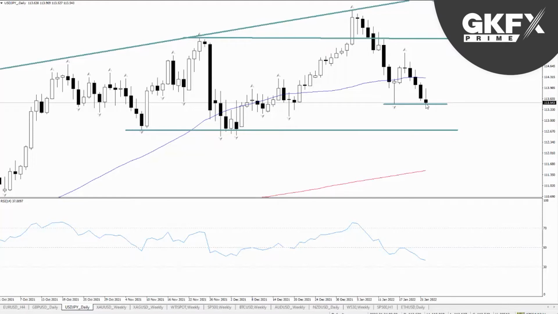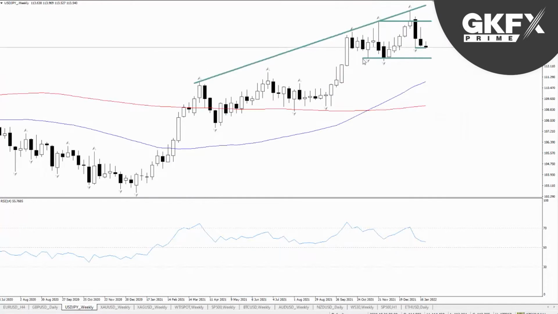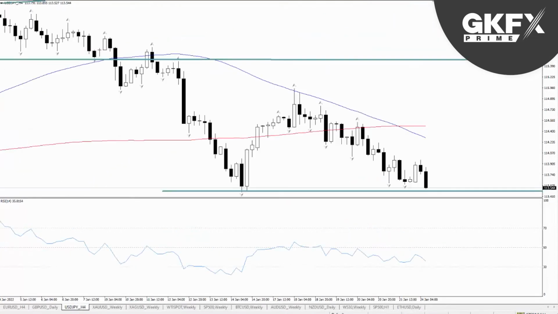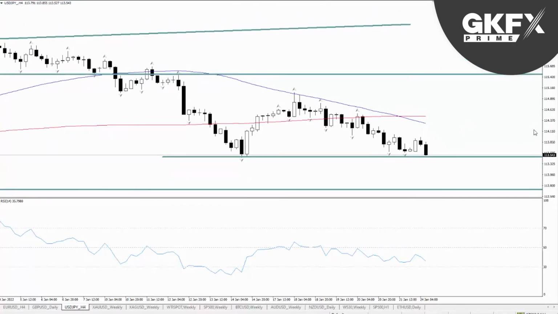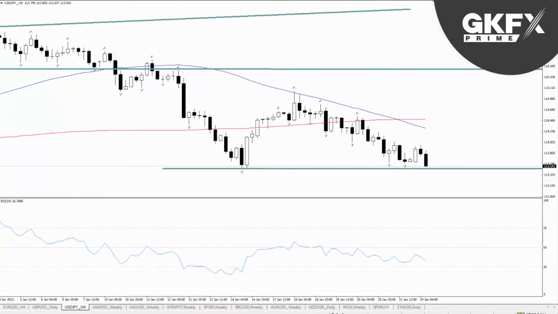If we do take out this low here, then we've got this major, basically weekly support, where we've got our two lows that we formed here. Can we hold on to that area? In which case, the longer term uptrend on a weekly basis is still intact. And then on a 4-hourly basis, you can see we've got this downtrend coming into this most recent daily support, and then our weekly support down there. If we are going to get a reversal back